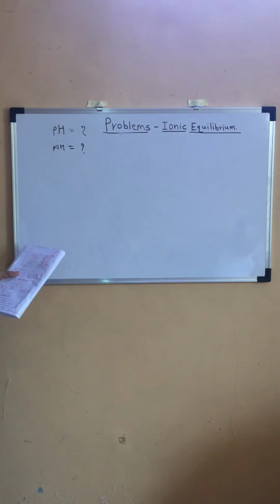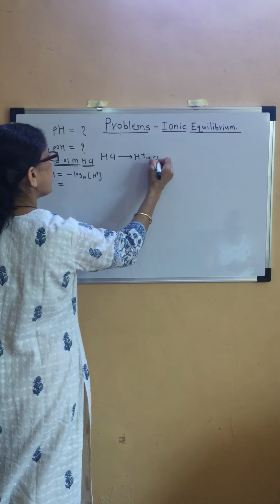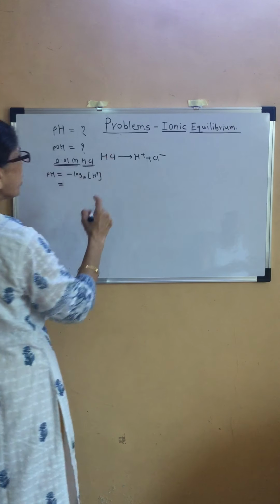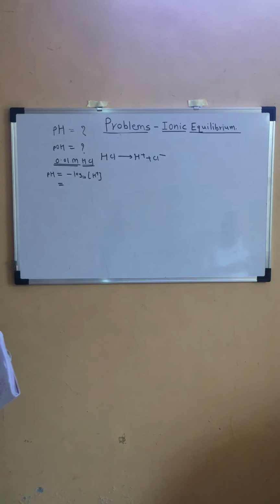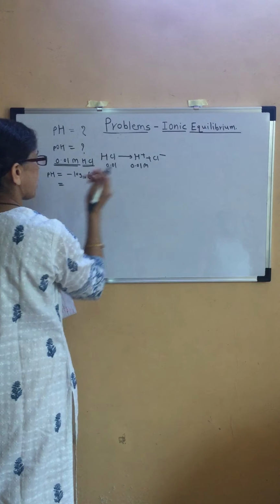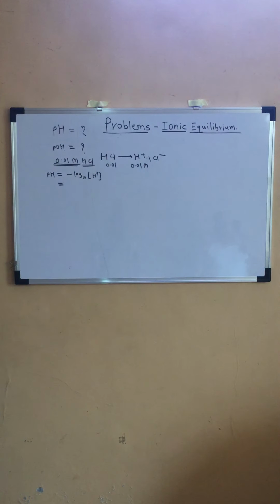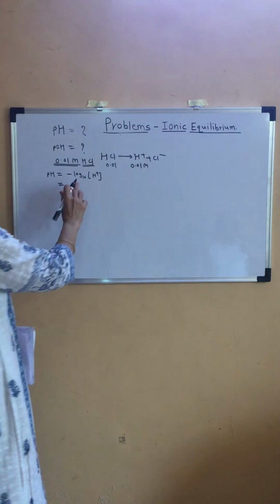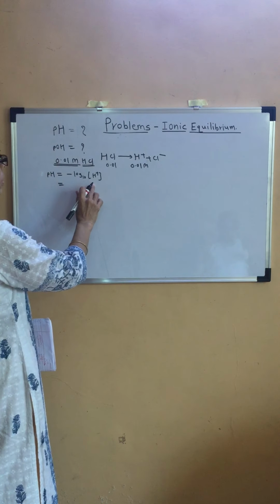So this will be equal to, now first of all HCl solution is given, isn't it? So HCl, how it will dissociate? HCl will give H plus ions and Cl minus ions. So from 1 mole we are getting 1 mole of H plus ions, isn't it? Therefore if it is 0.01 molar, we will get 0.01 moles of H plus ions. Therefore we are going to substitute 0.01 as concentration of H plus ion.